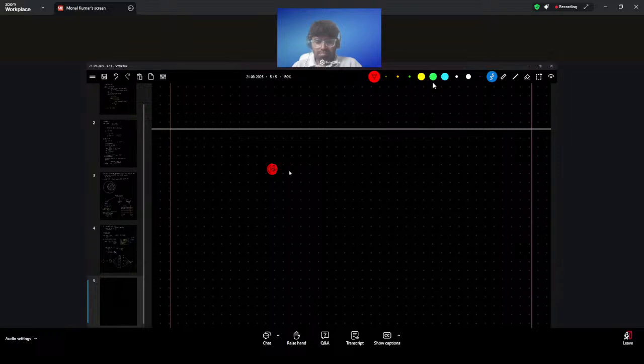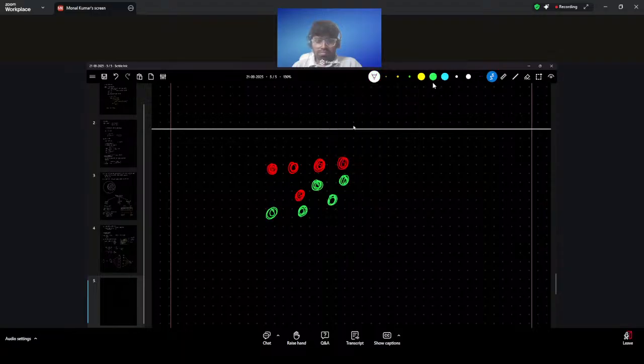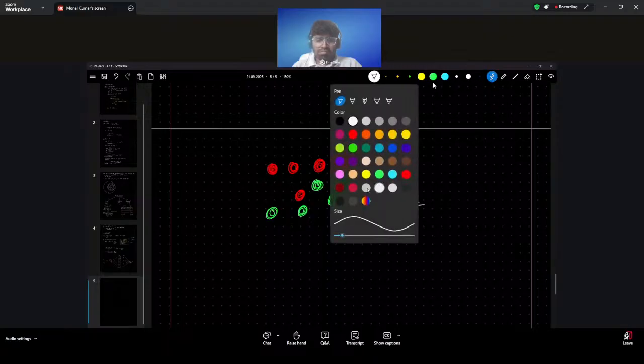Suppose I don't know this is the color red. I don't know this is the color green. And I'm telling you, as an intelligent machine, to divide into two groups. Without understanding red or green, will you be able to create two groups? How many of you can create two groups?